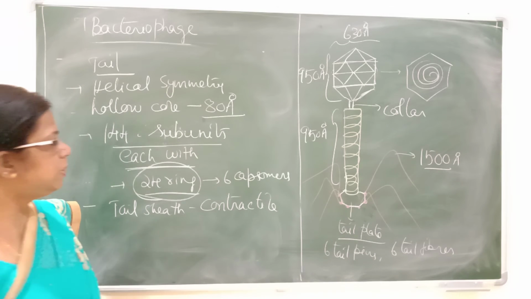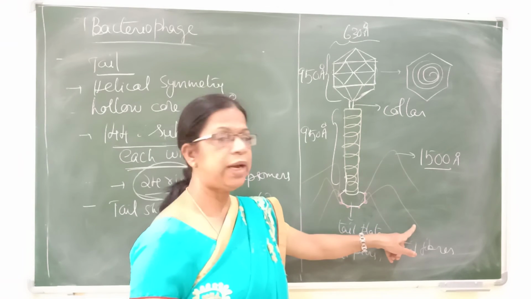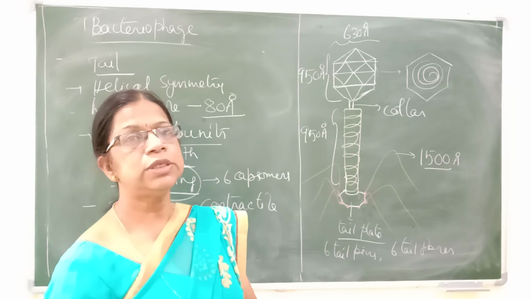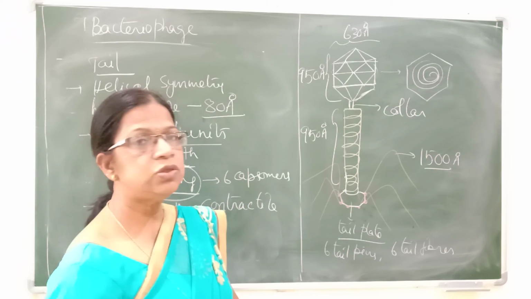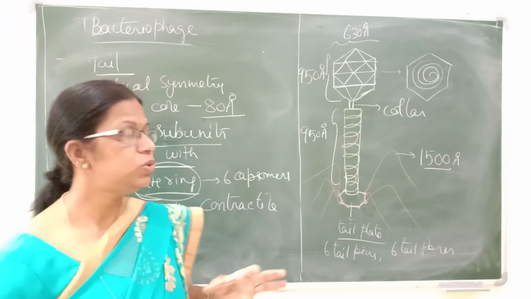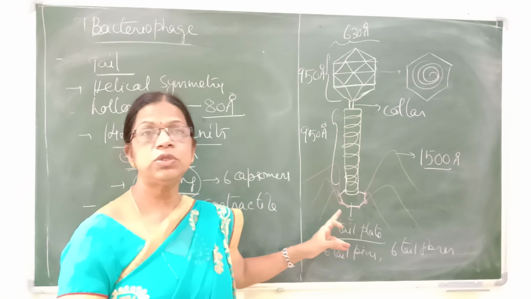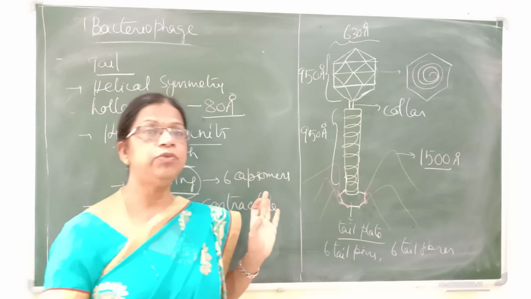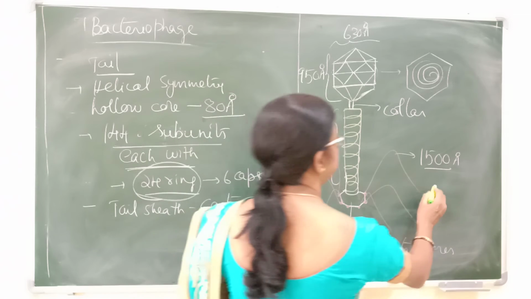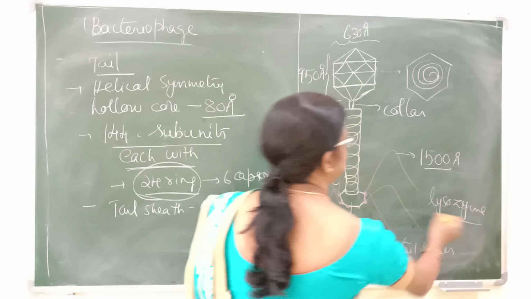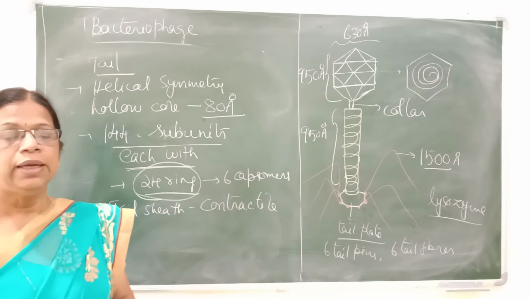The tail fibers have adhesive pads at the tip, which help in attachment to the host cell wall surface. On association with the host, the tail fibers also secrete a cell wall dissolving enzyme. In bacterial cells, the cell wall dissolving enzyme is lysozyme, so lysozyme will be secreted by the tail fibers.